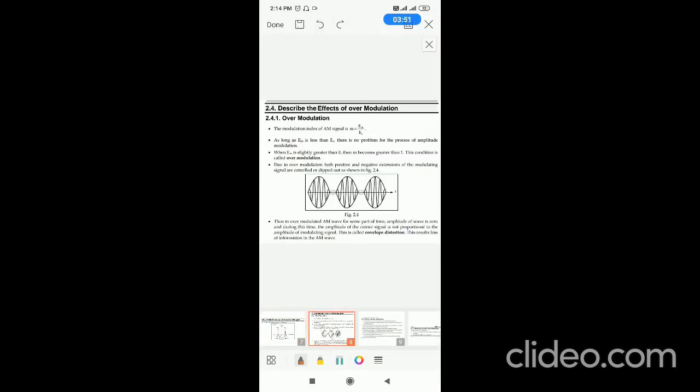Next, overmodulation is a modulation in which the modulation index is more than 1. Because of that, distortion will occur, quality will be reduced, discontinuity will occur, and the envelope will not track the message signal. How to overcome this? You have to maintain the modulation index less than 1, and it should never exceed 100%, because modulation index is also measured in terms of percentage. If modulation index is 1, that is same as 100%; if the modulation index is 0.7, that is same as 70%.